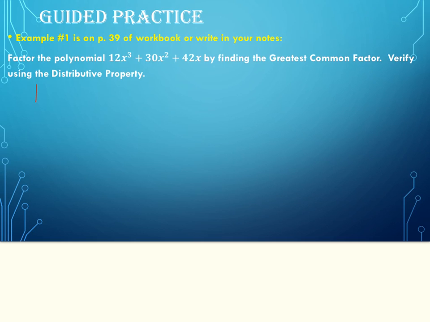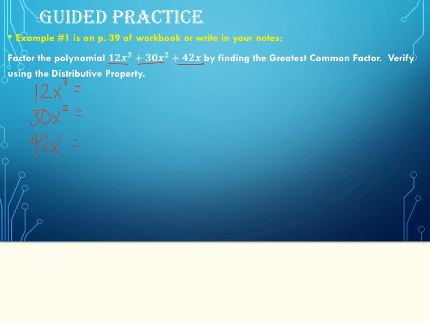Okay, so we have several terms in here. Our first one is 12x cubed. The second one is a positive 30x squared. And our last one is 42x. Now, in order to find the greatest common factor in each of these, we're going to factor them down to